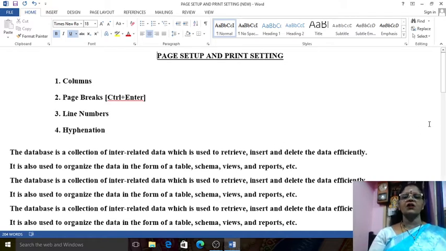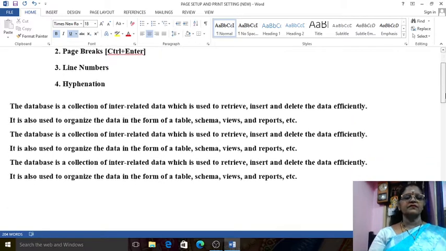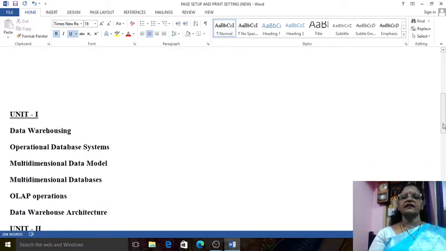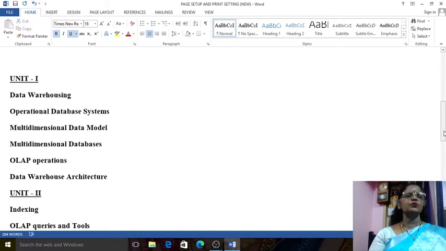I say that columns. So I have some text in this second page. Here these texts are very small. See here, on the right hand side the empty spaces are available. So I want to utilize these empty spaces also. I want to create one more column. So how can I do it? I can do it by